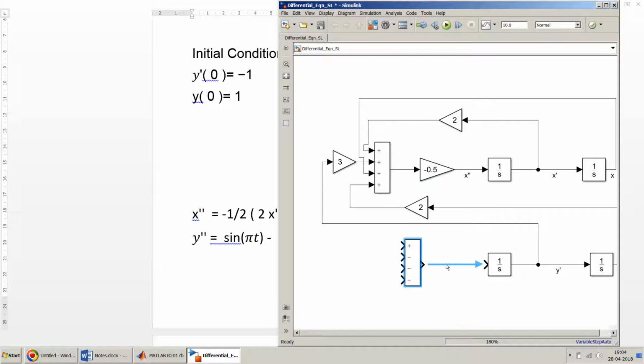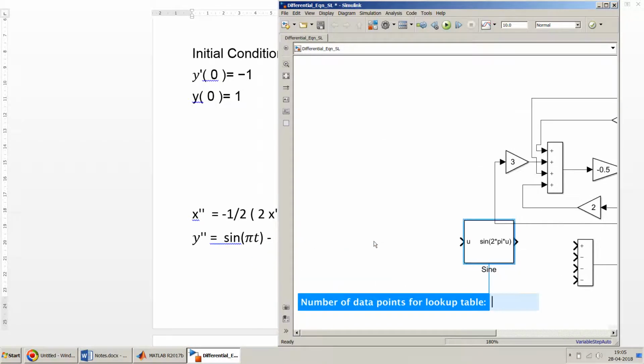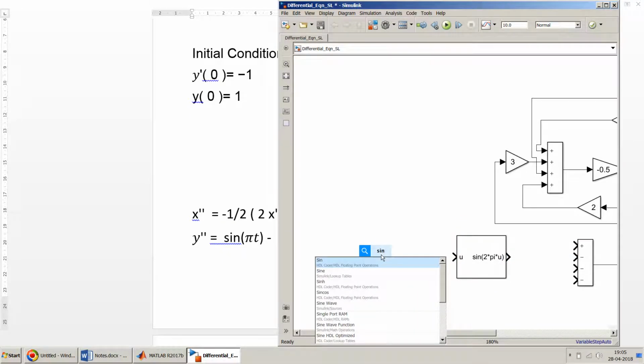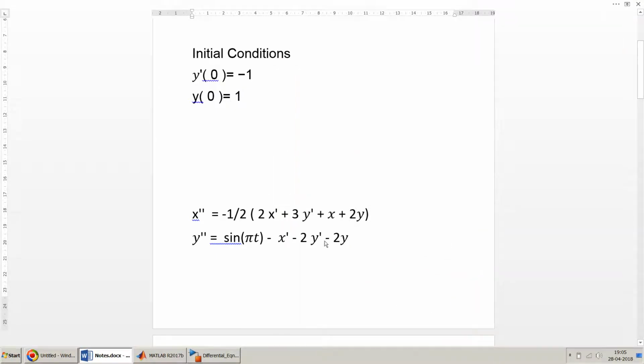So over here this is my Y double dot. I'll just name it Y double dot, and the first term is sin pi t. So I just have sin. Okay, now here there is a catch. I would like to use this lookup table sin pi t. But you can also use the other sine. I can show you before we move further. You can also use this sine. It was the same, but why I am using this lookup table sin pi t